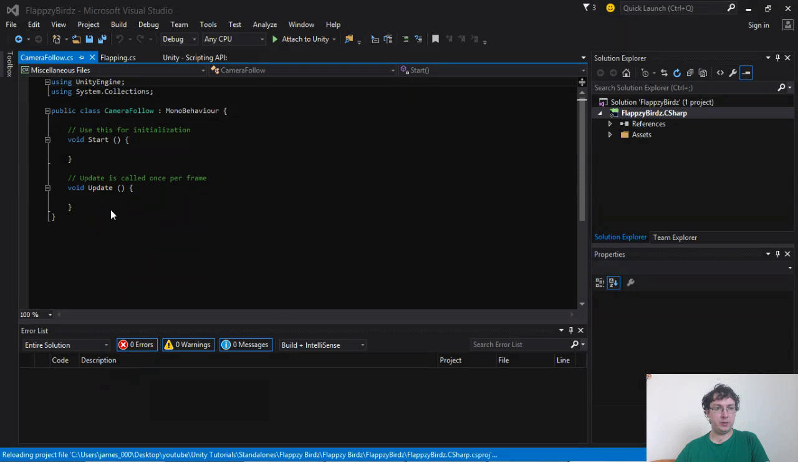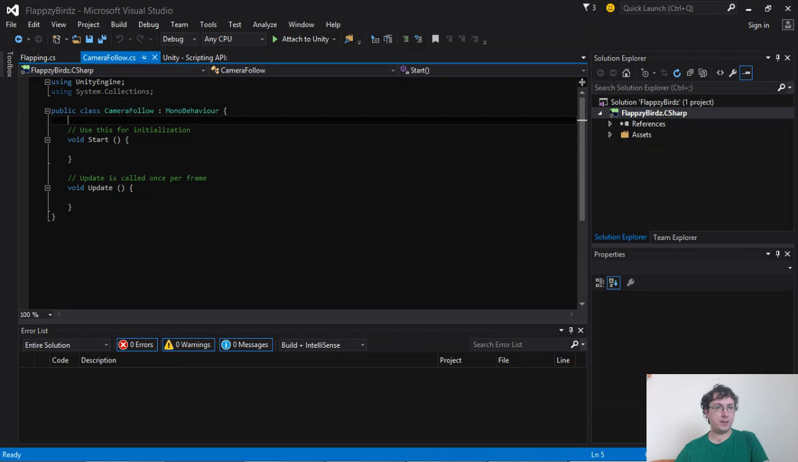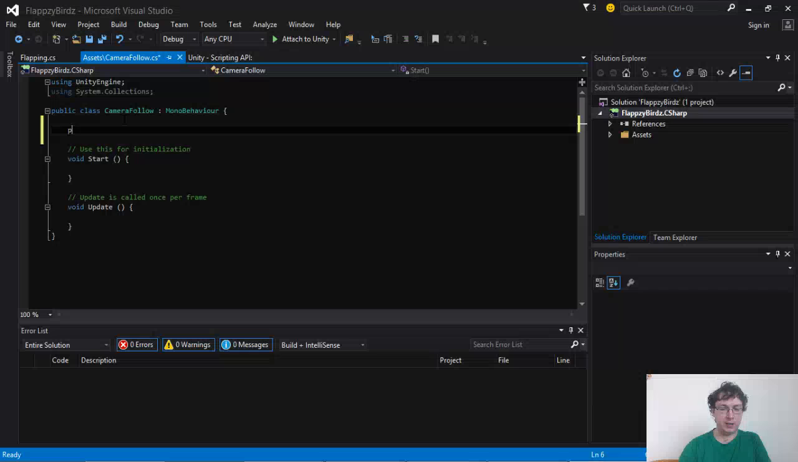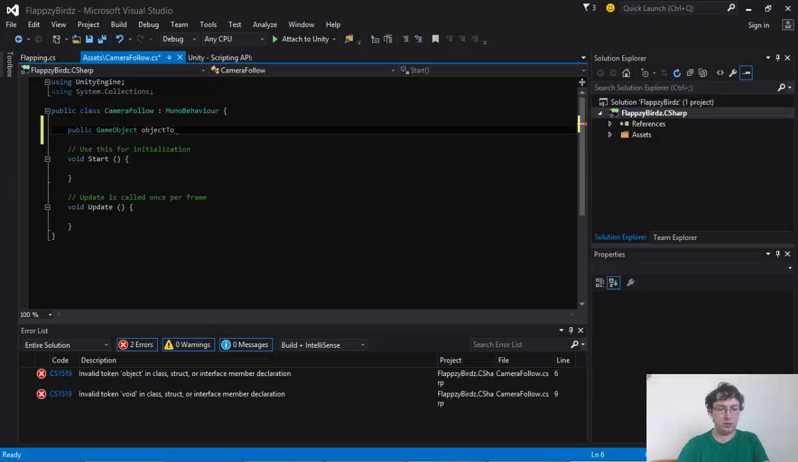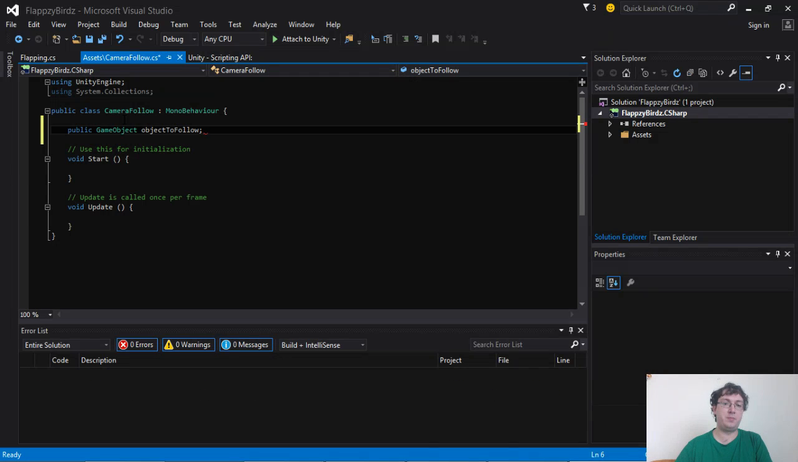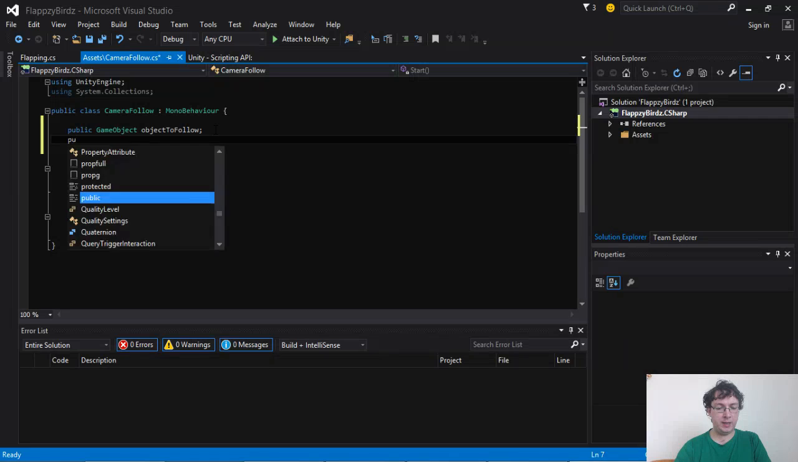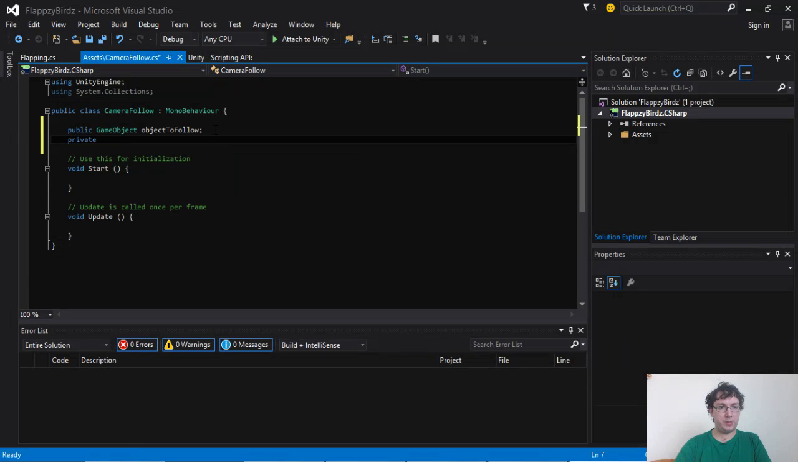Just need to reload that like that. Okay. So in here we just need a public game object to follow, which will be our Mr. Flap. And we need a private vector three of previous position,